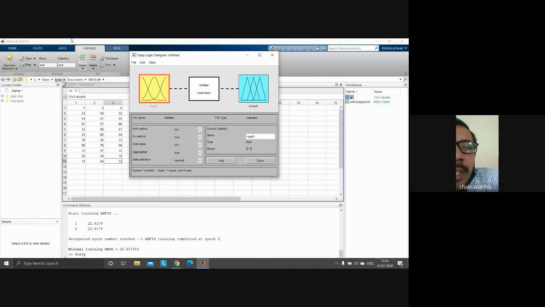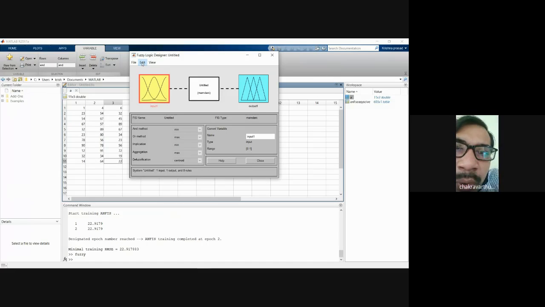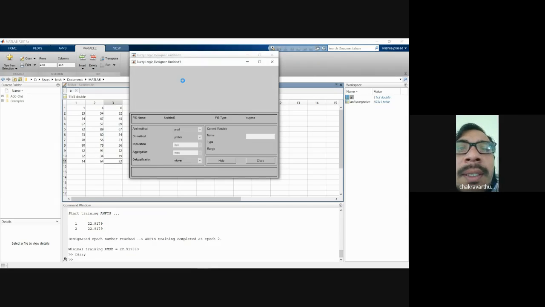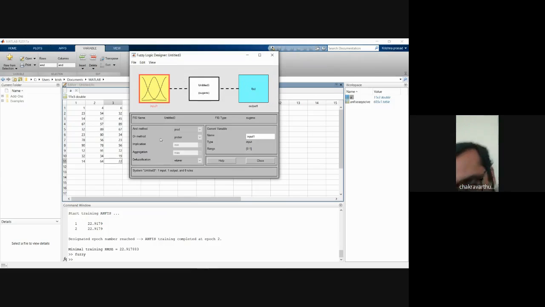Just give two inputs, but you have to take the Sugeno approach here, not the Mamdani approach. In the file, you may have options like new FIS, Sugeno or Mamdani. Yes, that one. Here I can give the data. The Sugeno approach is for linearization data or constant kind of data. So just create two input variables and give one output value.